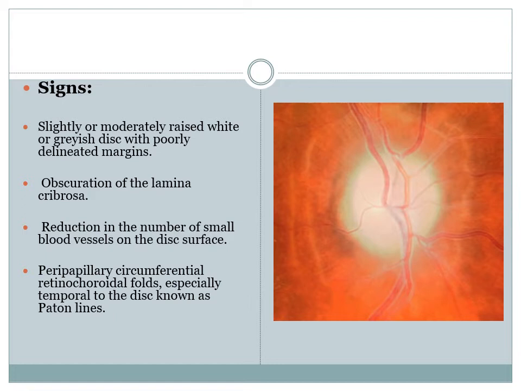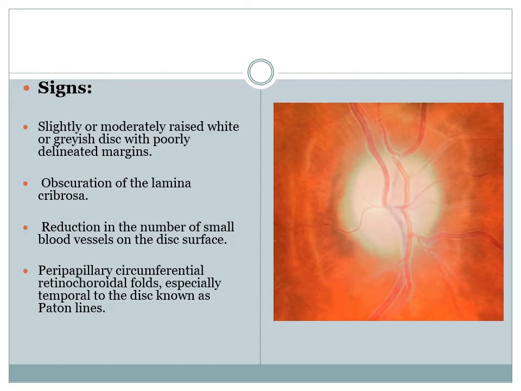What are the signs? Here there is a slightly raised lesion. So the disc is white or greyish, but it will be labeled as dirty grey. It is dirty grey in color. Margins are diffuse or poorly delineated, in differentiation to primary optic atrophy. They are not sharply delineated as shown in this picture, and the color is dirty grey.